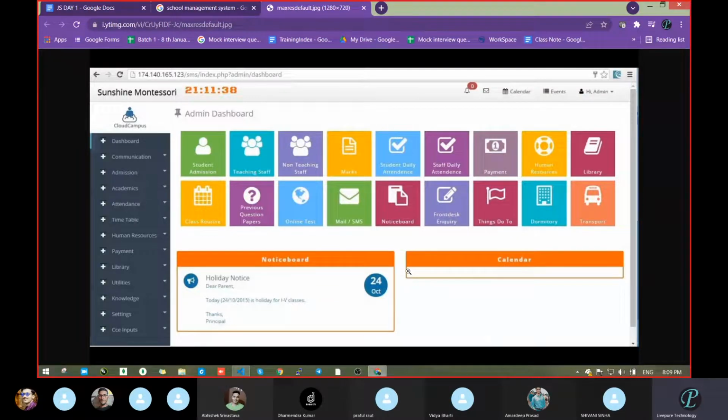But imagine when anybody clicks on this student admission section, what will happen inside? Any idea? Sir, a form will open inside. Admission form, correct. Something will open. Same way, if you click student daily attendance, what will happen? Sir, an attendance sheet.